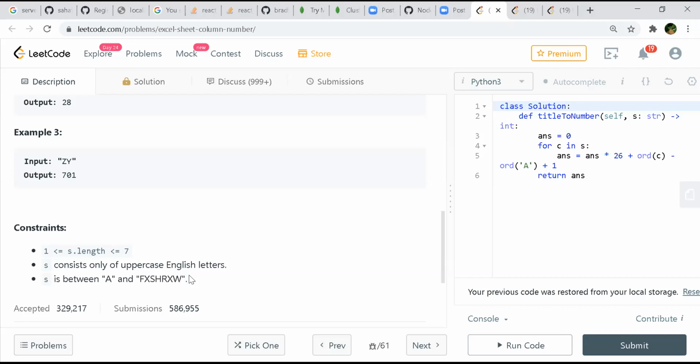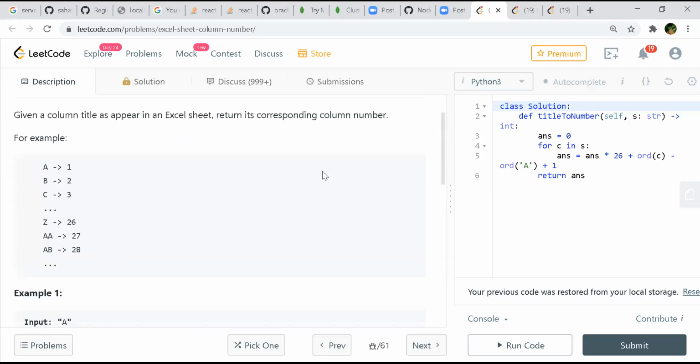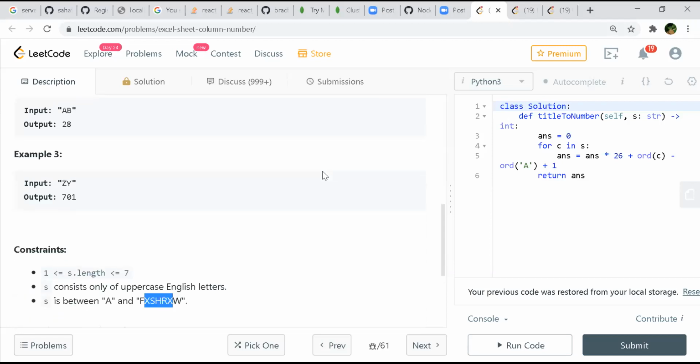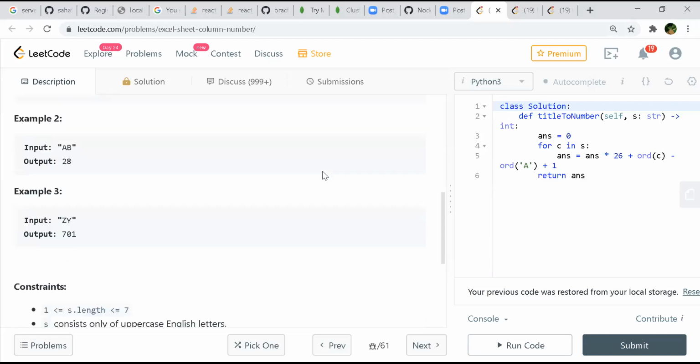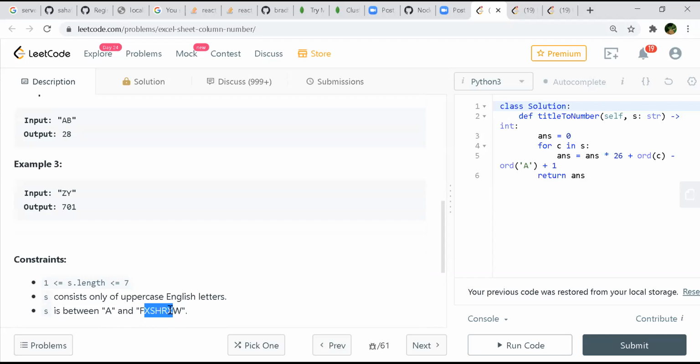Maybe that is the max column Excel might have. It's such a weird number. X is repeated 2 times. And the length of S is only 7.